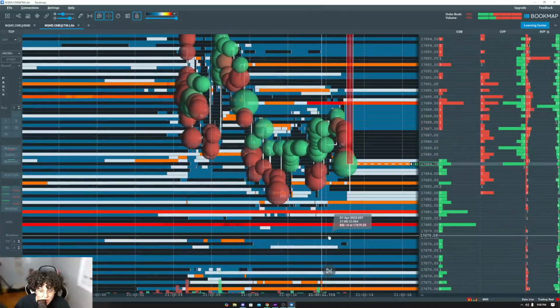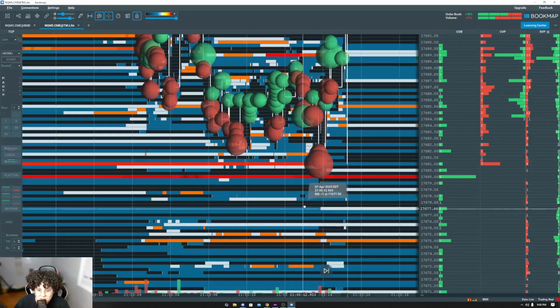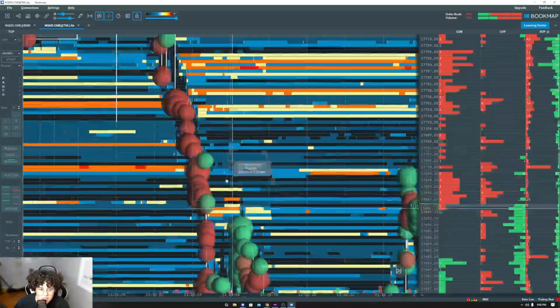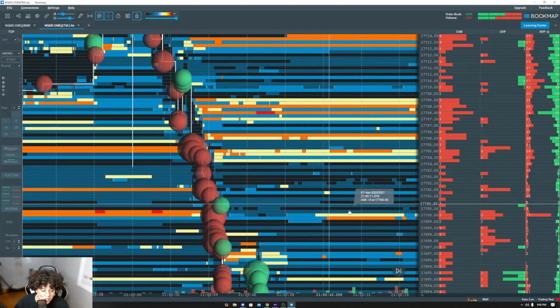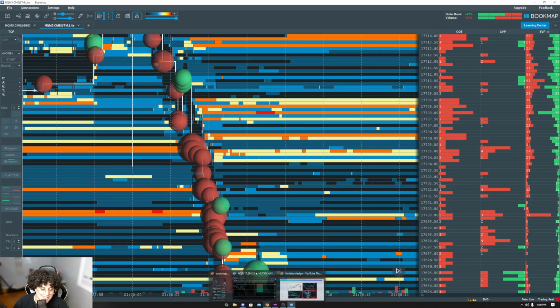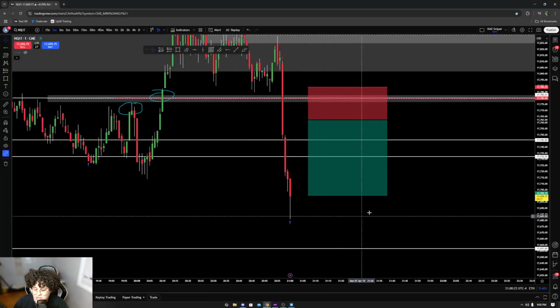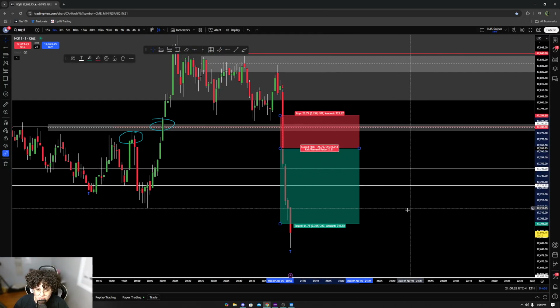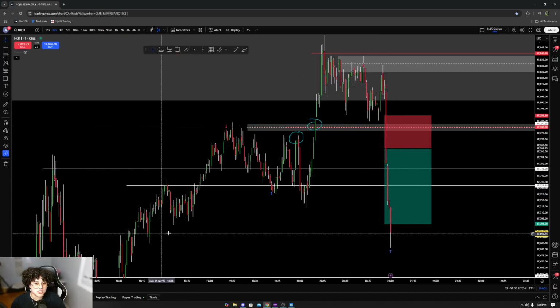You saw that? Look at all these red orders down here. Wow. Yeah. This is what I'm talking about. This is what you can't see on candlesticks. And that was a perfect trade. But you understand, like,